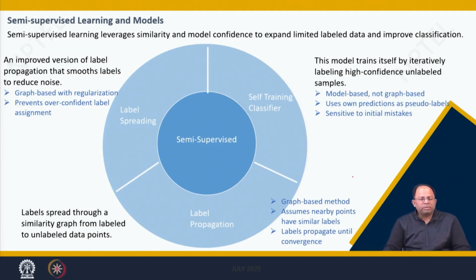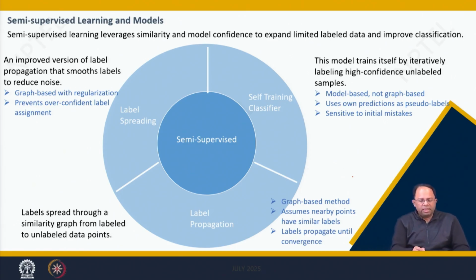Then coming to the semi-supervised model, as we have discussed, where there is a limited amount of labels, we can go for this kind of model. The benefit is that sometimes when we go for surveys, we can only cover some sample points, but we need to predict for everything else. Particularly for land use classification or building use classification, this sort of algorithm will come in handy.